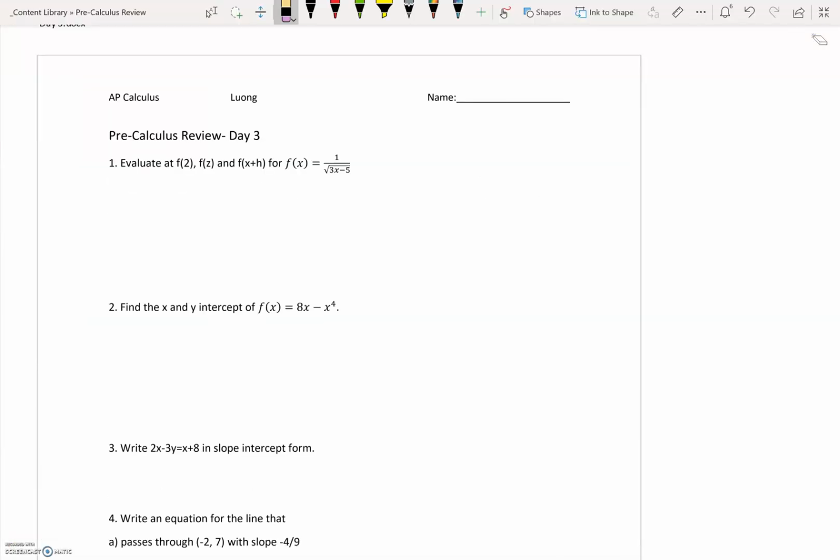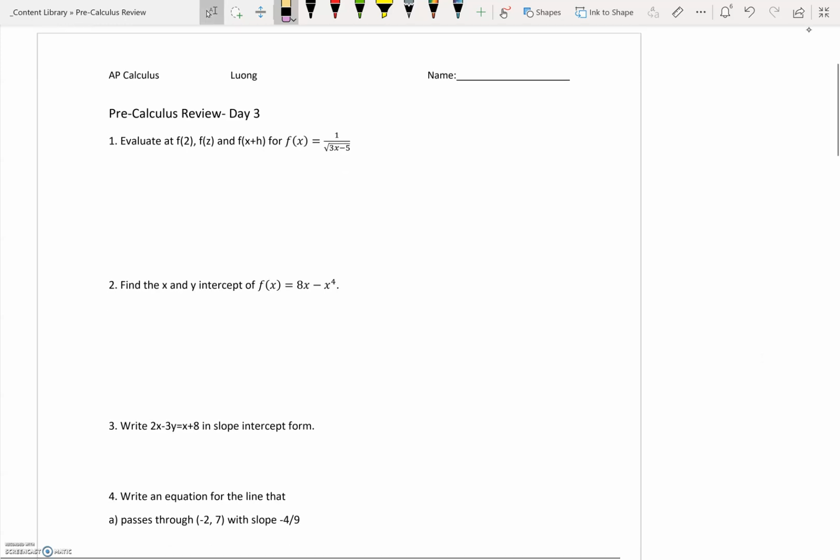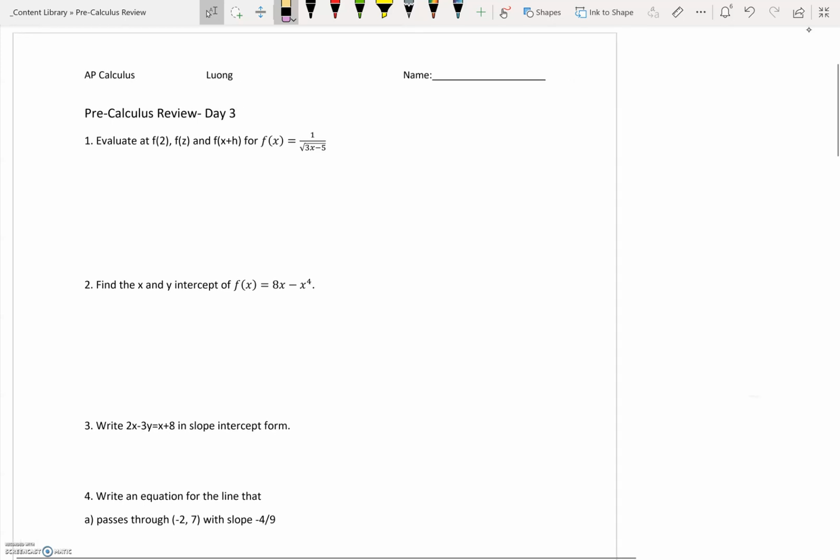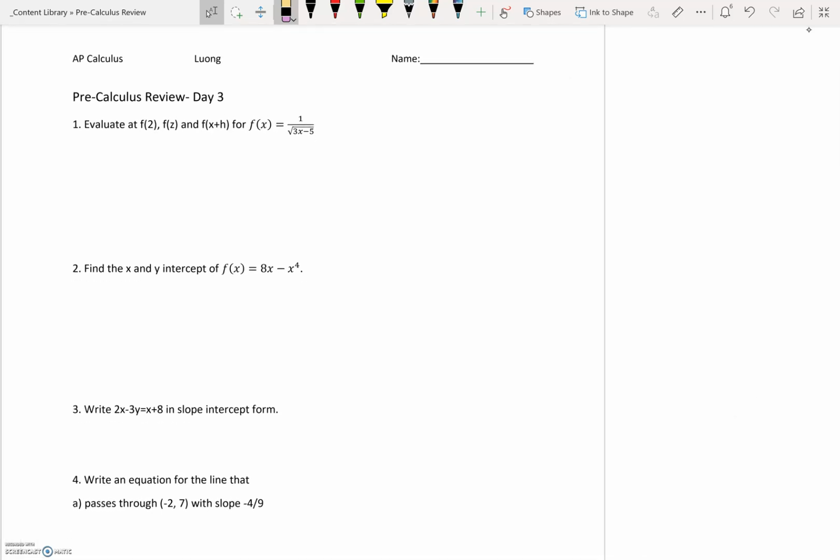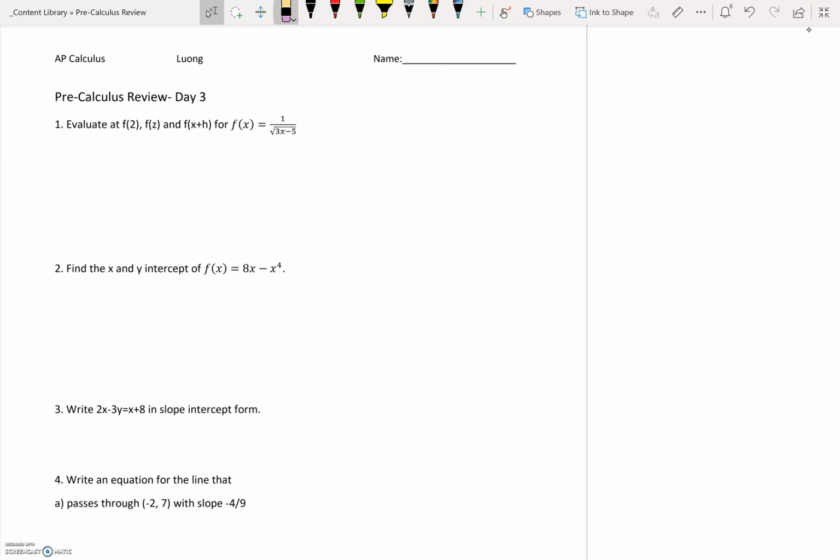Our last day of pre-cal review. So this is our day 3. Just a reminder that after this lesson, there's going to be a review lesson, and then it's going to be the review test. Okay, so the test is on anything that we've covered here. And I'm also going to post the online homework to help you study for your test after this video. So for day 3,